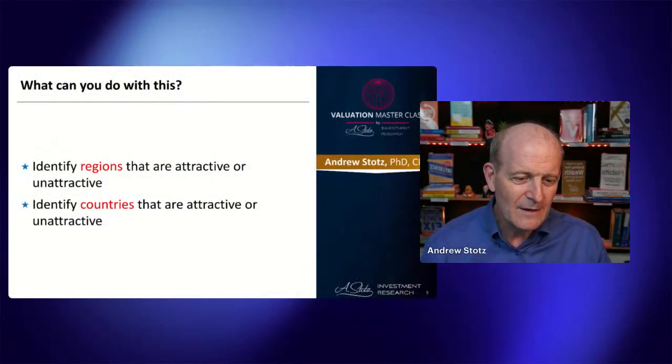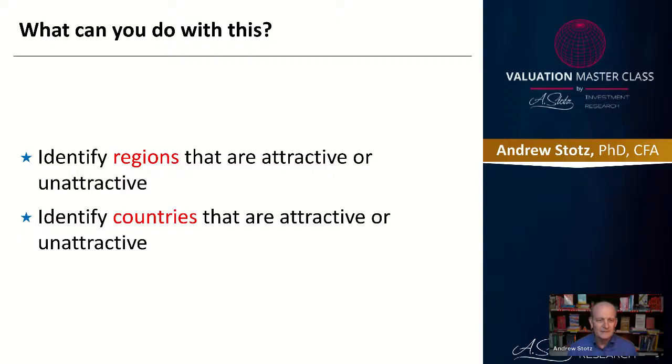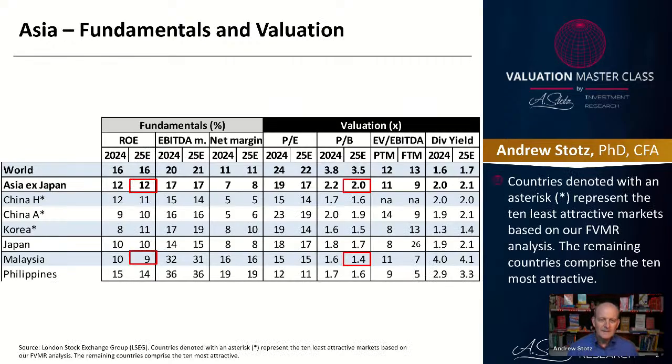Okay, so let's now go into the next section of this, and this is our first country breakdown. So what I did is I looked at 41 different countries, and I ranked the countries based upon whether they were attractive or not on all of the measures, F, V, M, and R. And what I was able to do then is do a little scoring system. And from the scoring system, I could rank the 41 countries from most attractive to least attractive.